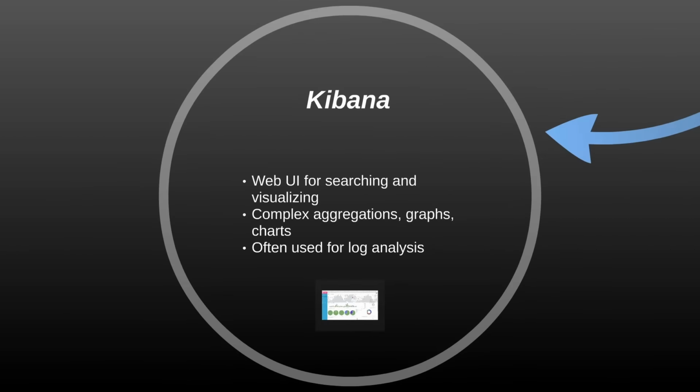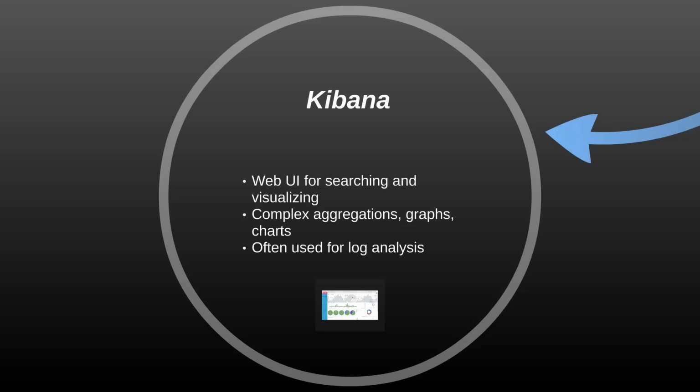But there's more to it than just Elasticsearch. There's also Kibana, which sits on top of Elasticsearch, and that's what gives you a pretty web UI. So if you're not building your own application on top of Elasticsearch, or your own web application, Kibana can be used just for searching and visualizing what's in your search index graphically. And it can do very complex aggregations of data, it can graph your data, it can create charts, and it's often used to do things like log analysis. So if you're familiar with things like Google Analytics, the combination of Elasticsearch and Kibana can be used as sort of a way to roll your own Google Analytics at a very large scale.